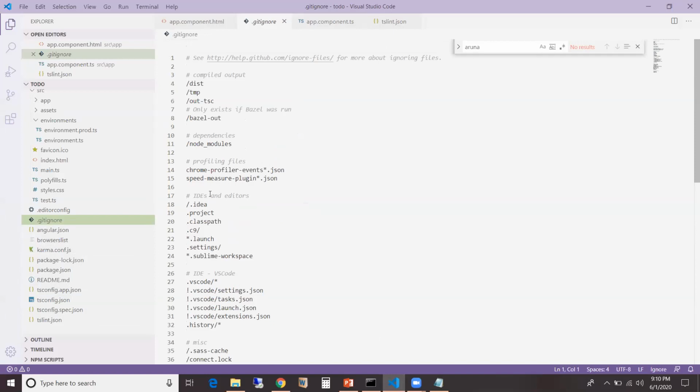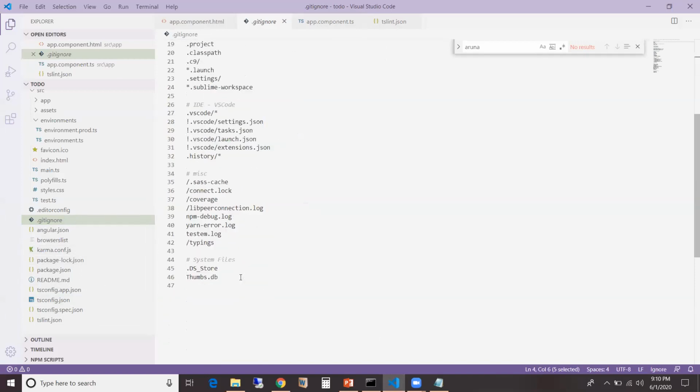We don't need to put everything in version control. For example, this folder contains the deployable build, so it doesn't have to go to version control. So .gitignore contains the files and folders that should be ignored when we commit our code to version control.